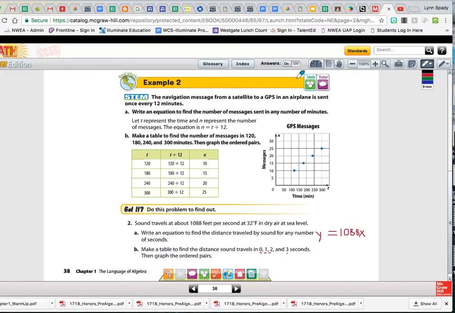Now B says to make a table to find the distance that it travels at 0, 1, 2, and 3 seconds, and then graph the ordered pairs. The table would look very much like the one shown in the example, where we have the x values at 0, 1, 2, and 3 seconds. And then we're going to plug that in for our x value here, and then multiply it by the 1,088. So